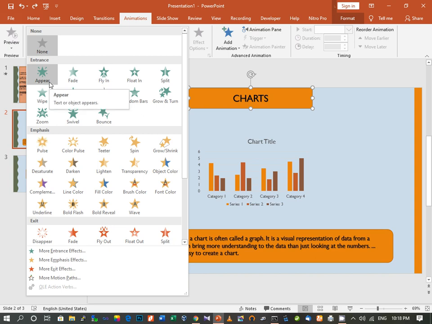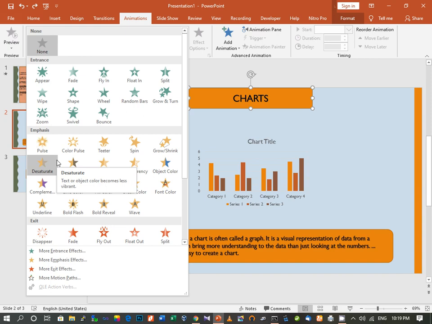Then we have Entrance, meaning this option applies when your object enters during the slideshow. Then Exit, which shows how the object will disappear from the slide. Then Emphasis, which determines how objects on the slide draw attention to themselves during the slideshow.